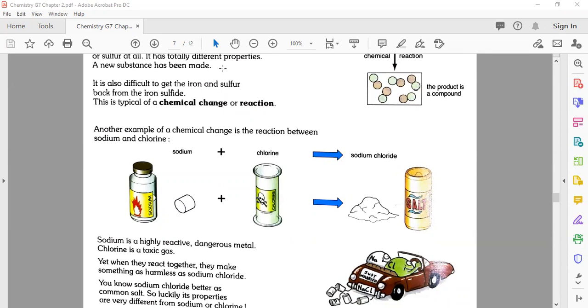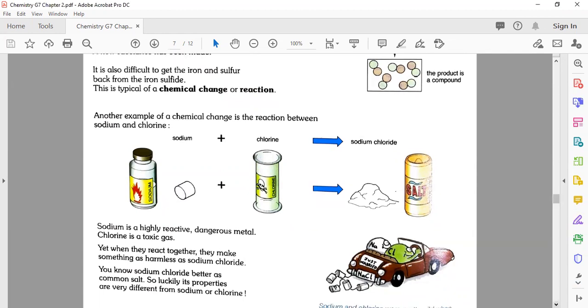Okay, thank you. Now here is another example. So let's see this example in detail and what is going on here. That is also a very interesting example. So let's start this one. Here you have another example of chemical change in the reaction between sodium and chlorine. This is sodium. You can see here the flame. It means it's very dangerous. And you can see here another sign that is also poisonous and a sign of danger. Understand? So these two are danger.